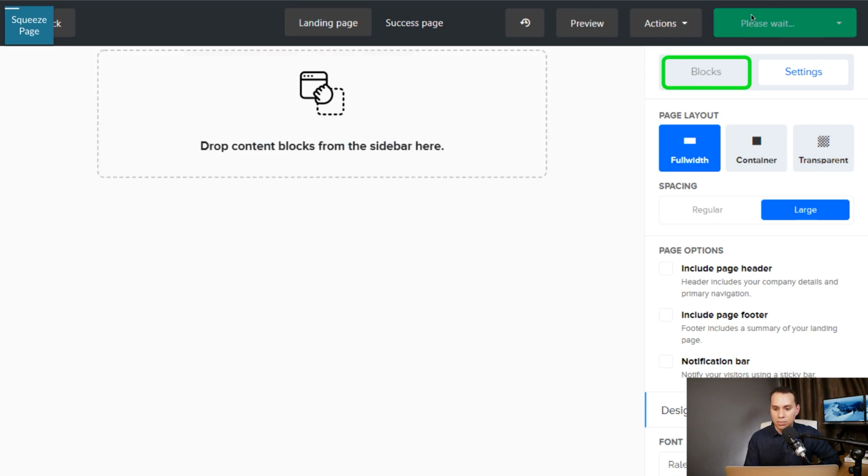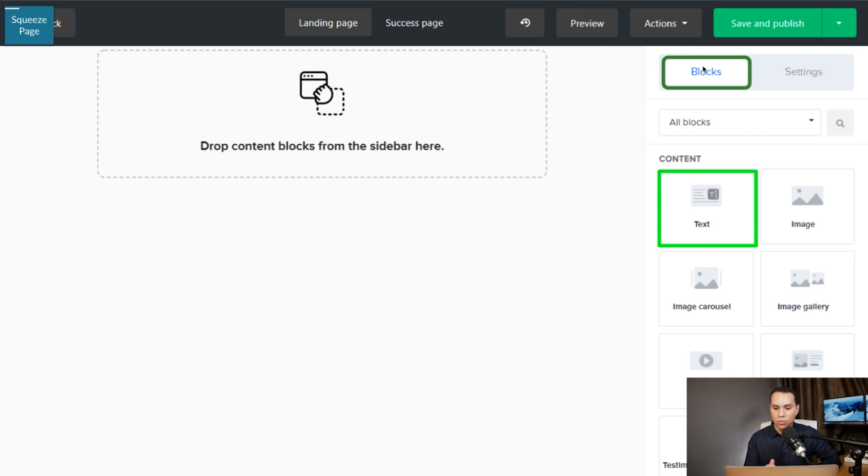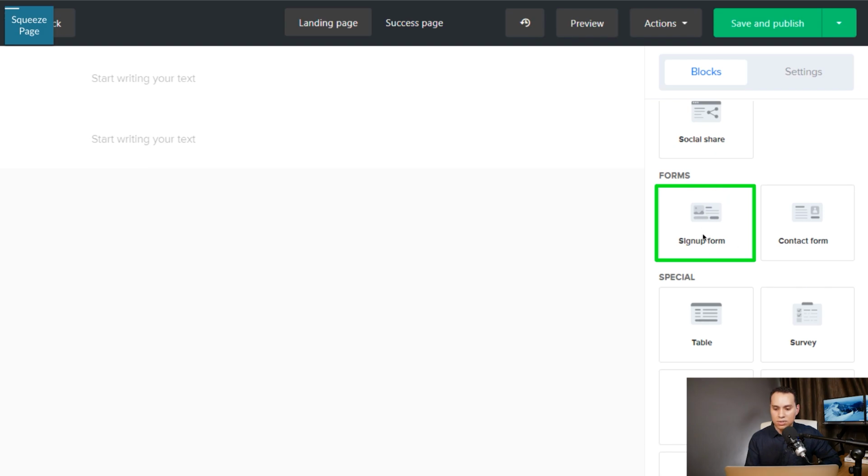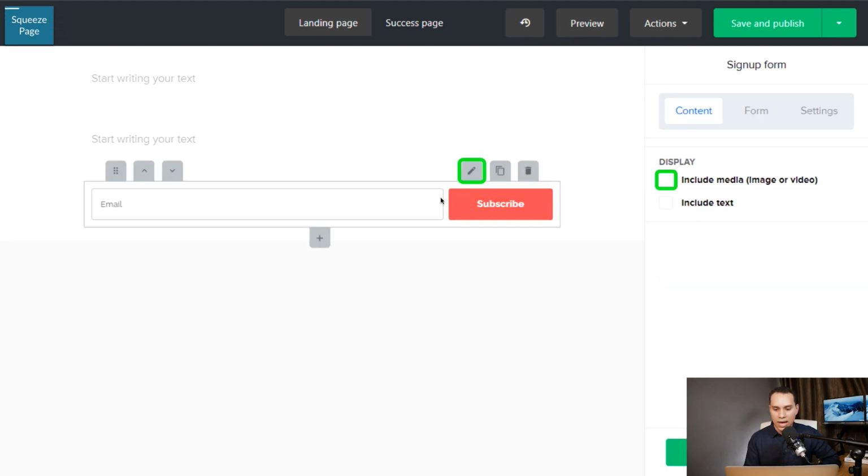So what we'll do is come over here and click on Blocks. And once we've clicked on blocks, we can click and drag these different elements onto our landing page. So I'm going to bring over 2 text elements, and then I'm going to scroll down here to sign up form, and I will add a sign up form. And those are all the elements that we're really going to need for this. So I'm going to go ahead and click on subscribe here. And as you see, when I click on the element, you'll begin to get the settings for that particular element